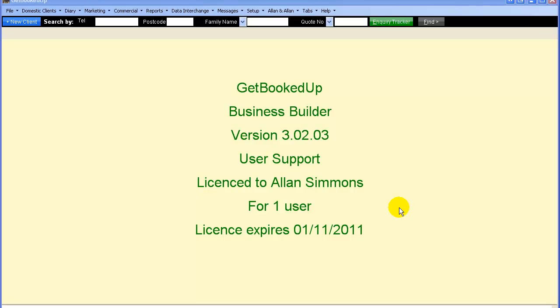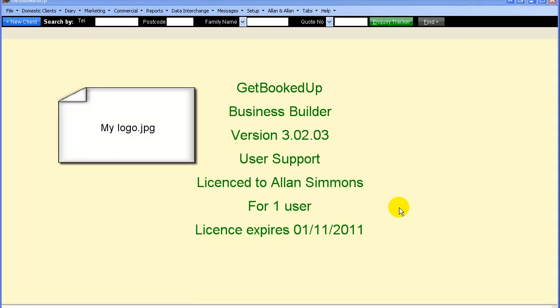You can add your logo into the system on Get Booked Up so that it appears on the standard paperwork that's generated. That's stuff that comes out of the designing reports, maintenance, and the built-in text control program. What we recommend is that you save it as a JPEG and call it mylogo, and then a lot of the standard reports that are built in will automatically call for that image and insert it